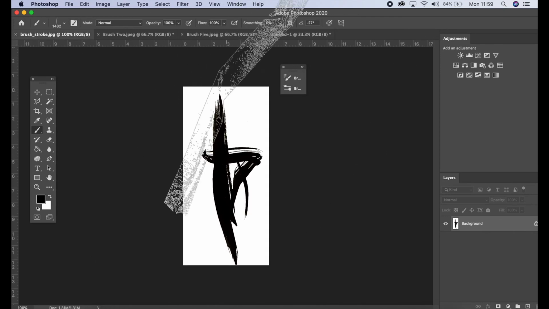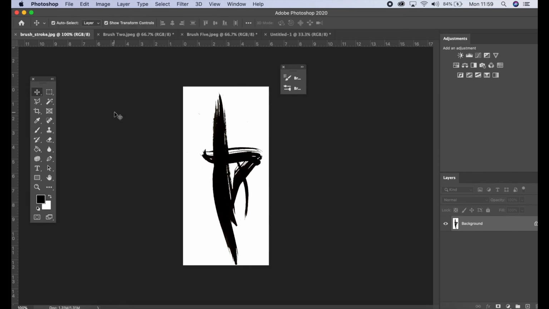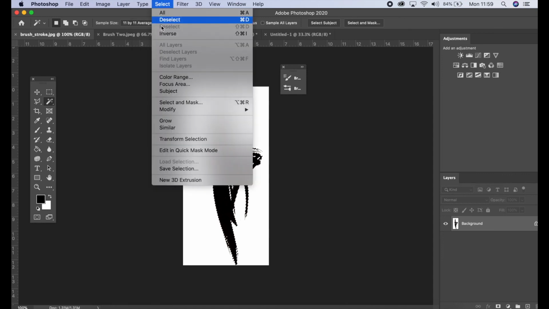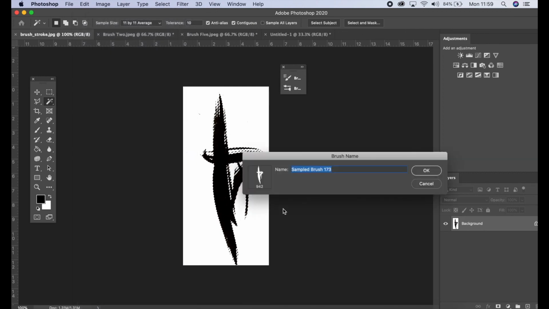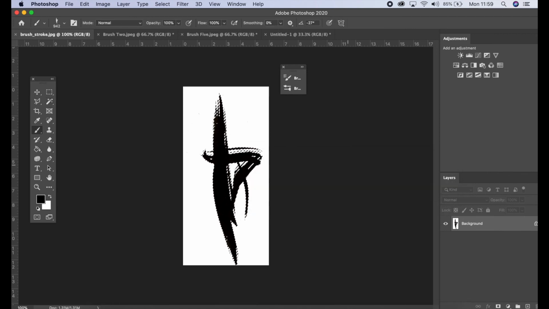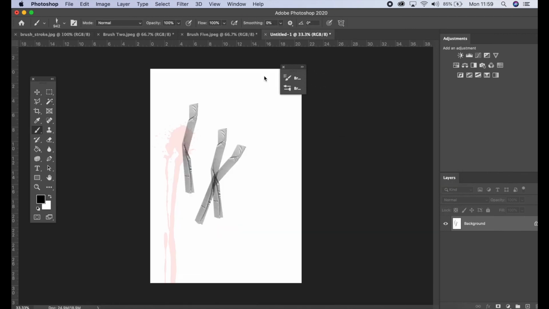So very simply, you can get these offline, or you can make your own and scan them in. I'm just going to use the magic wand tool, select similar again, and then go to edit and define brush preset. There we go. And then go to my doc again, and here you go. Simple as. You can also use the brushes as eraser tools as well. So you know your eraser, you can click